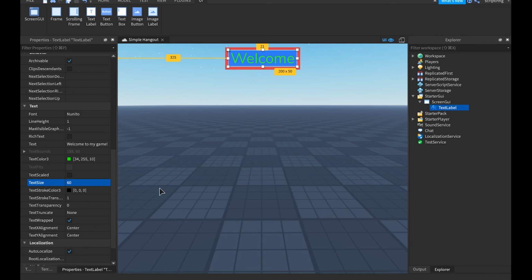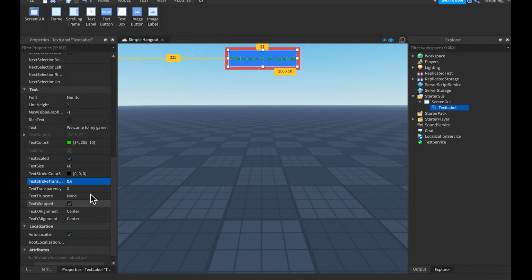You can only see the first part. So I'm just going to have mine scaled. Then you can have it to where the text has a transparency. So like 0.6. And then over here, we can have it to where if your text isn't scaled, and let's just make it a little smaller, like 5, then we can have it to where the X alignment, which is going along this axis right here, we can have it to where it's left, if you want it like that for some reason,